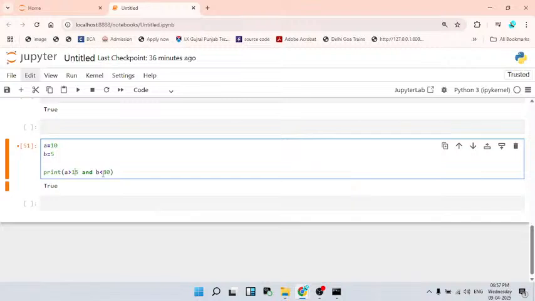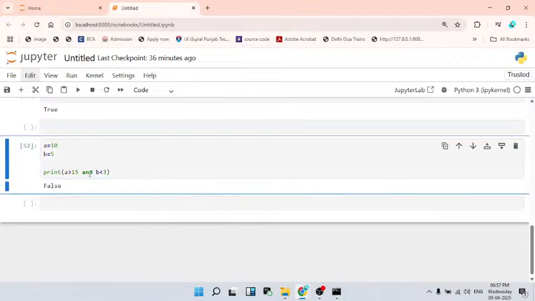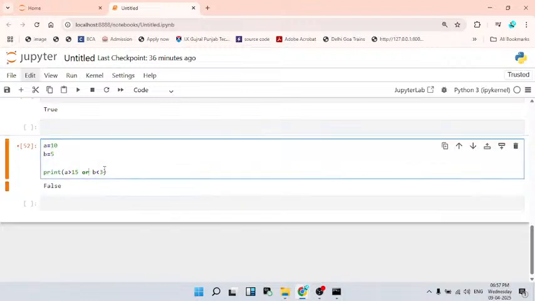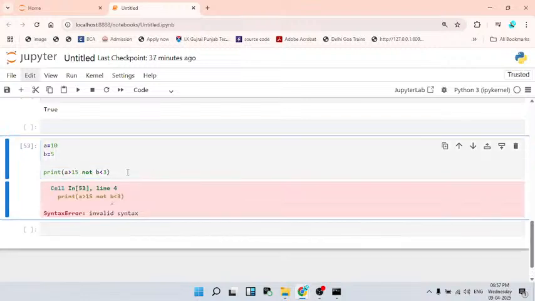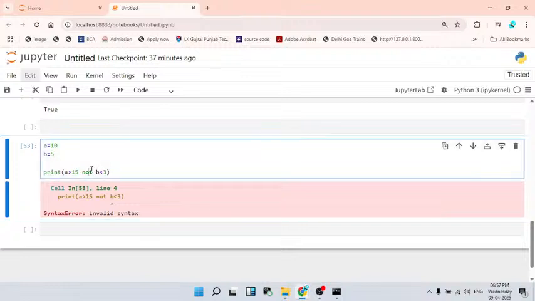And B lesser than 30, I just change to 3, B is less than 3, this is also false, right? Both conditions are false. With and we print false, right? But using not we print